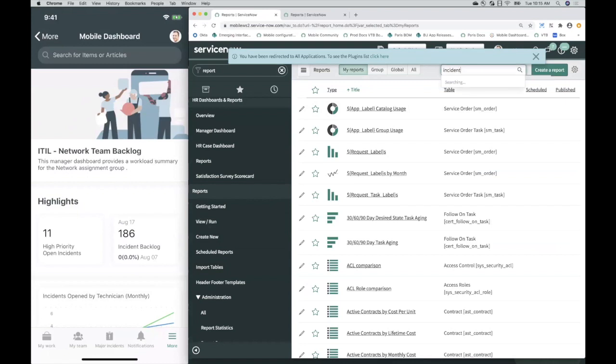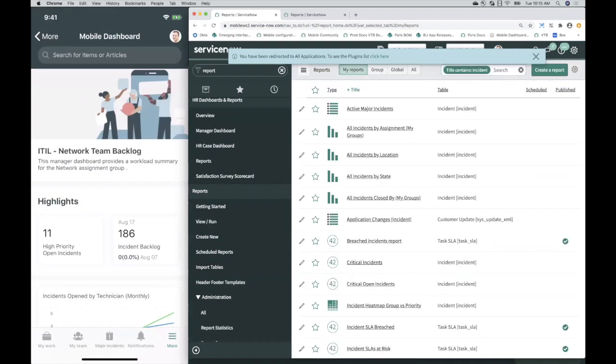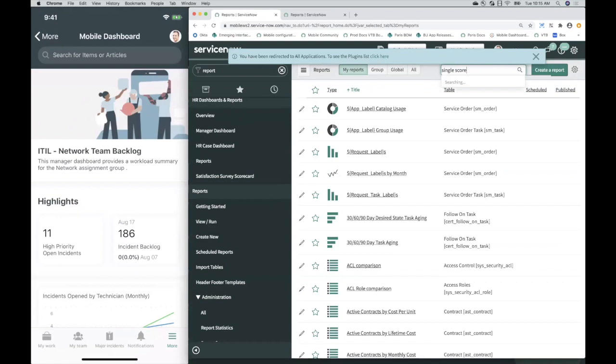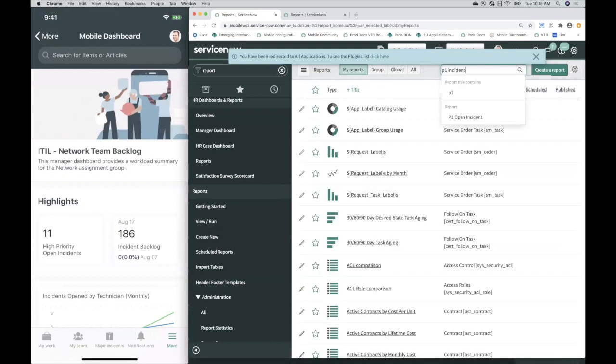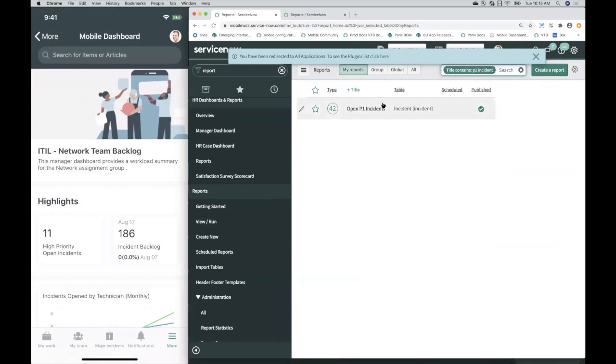I think I called it a single scorecard. What did I call it? Single, maybe P1 incident. Open P1 incident. So this is my single scorecard for it. If I open this report,